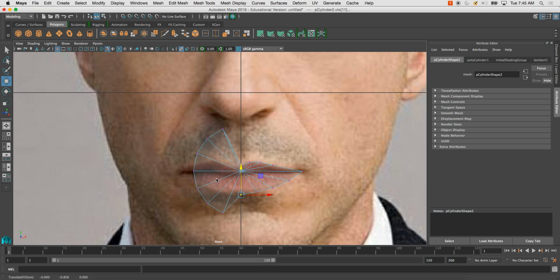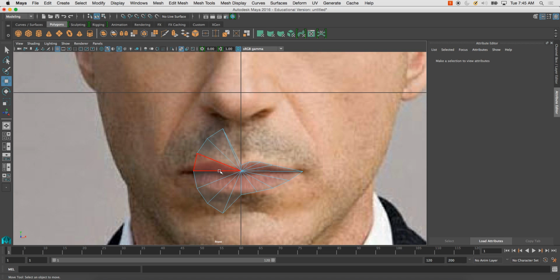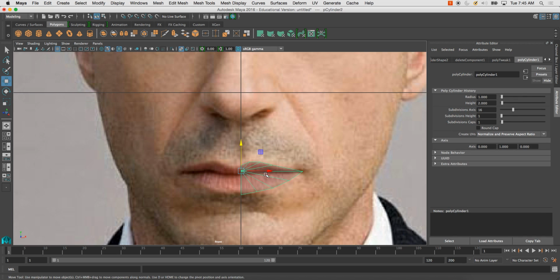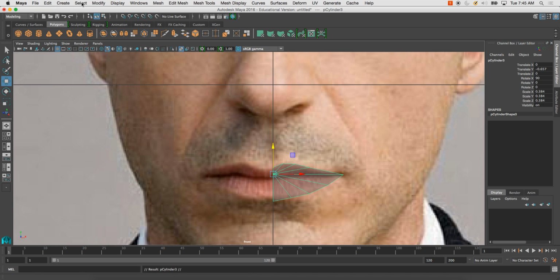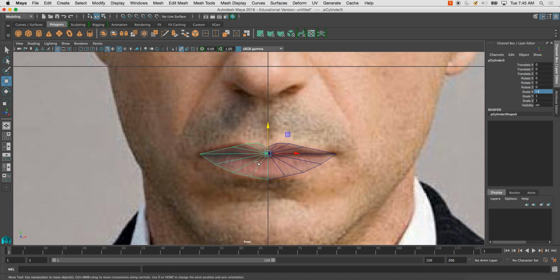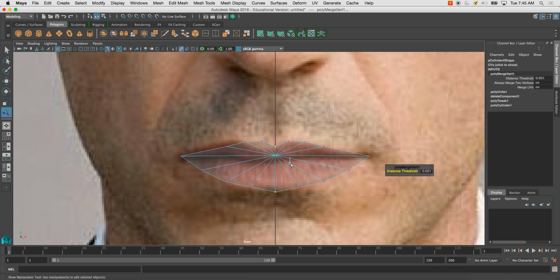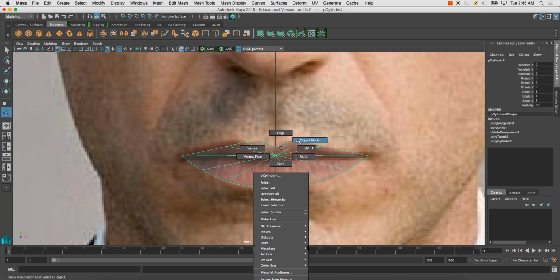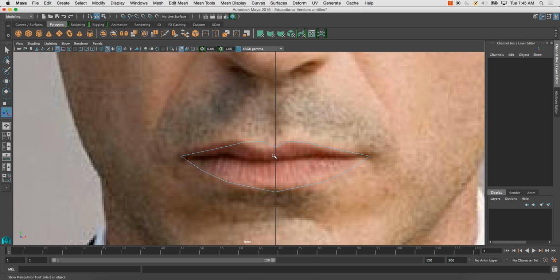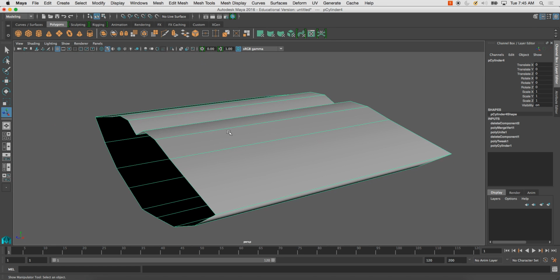Now, I'm going to delete this half and duplicate, freeze transformation, scale, -1. Select this, combine, merge my vertices, delete these faces, edge, select the edge loop, extrude out,